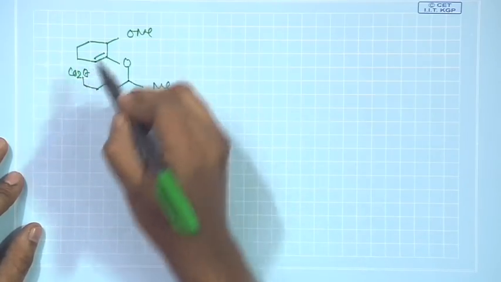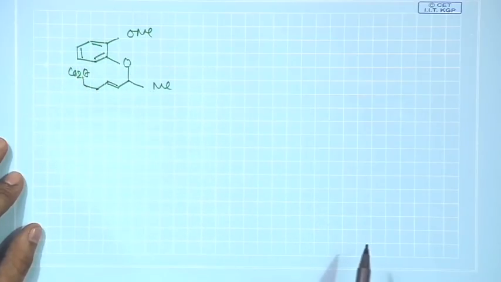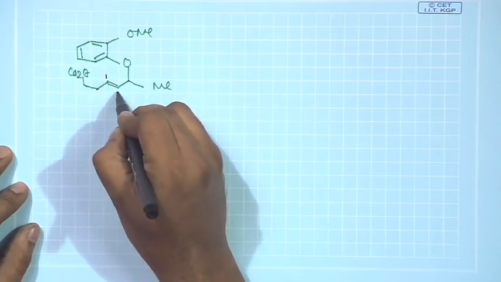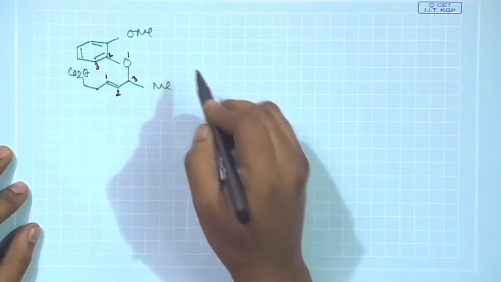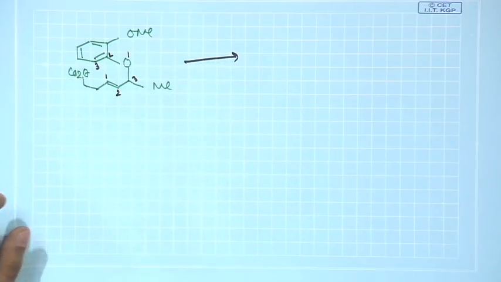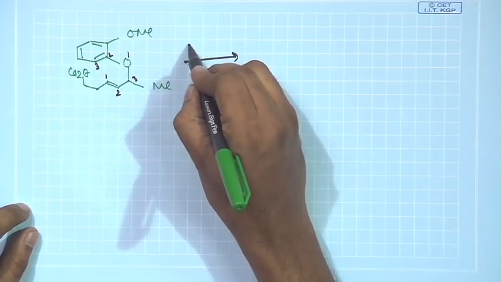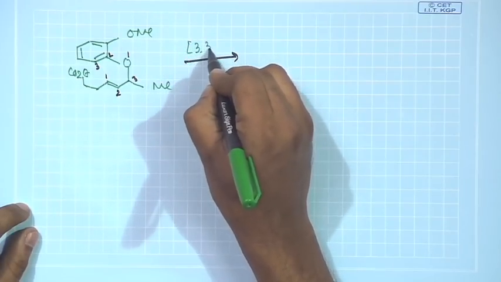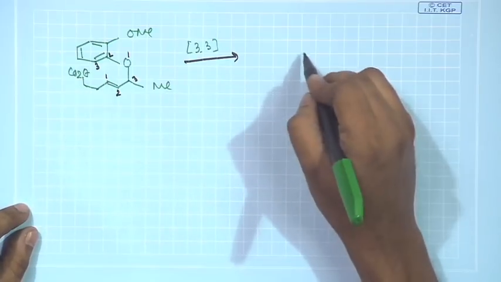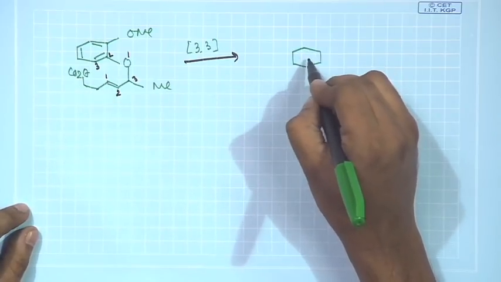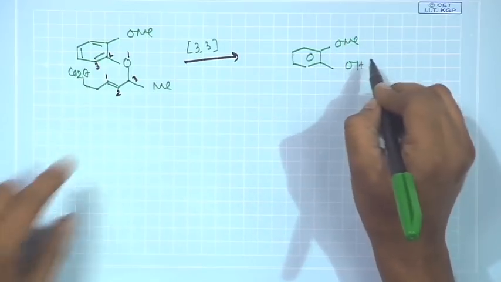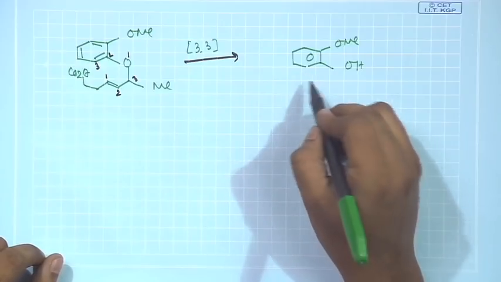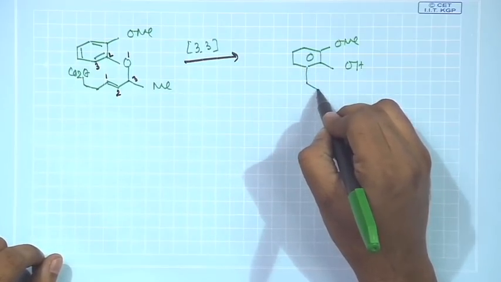So, what do I try to do? We put the aromatic ring as it is. Okay. Now, you see, you say 1, 2, 3, 1, 2, 3. So, a 3,3 sigmatropic rearrangement, or Claisen rearrangement, will be taking place, and once this 3,3 sigmatropic rearrangement takes place, you will basically get the phenol here, and then this part will be your